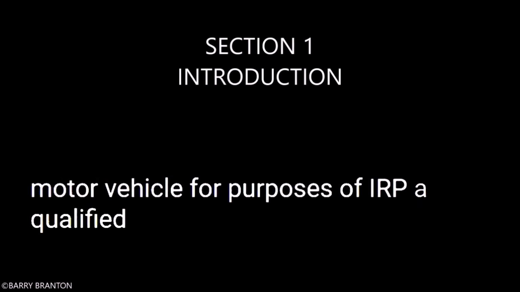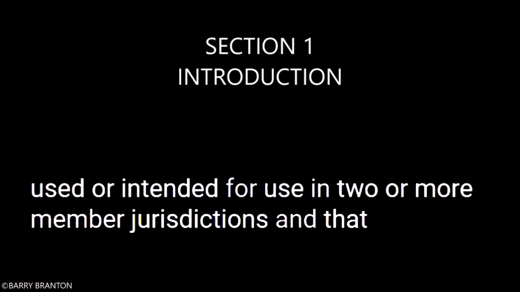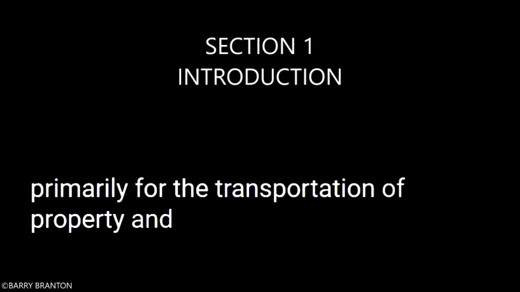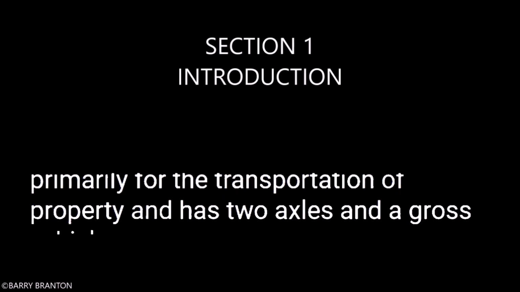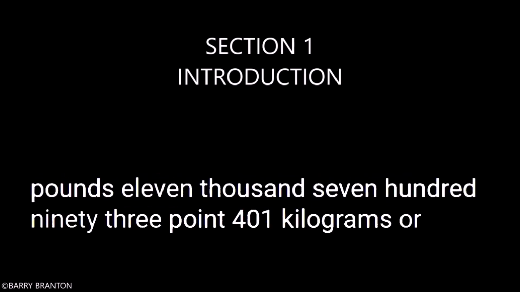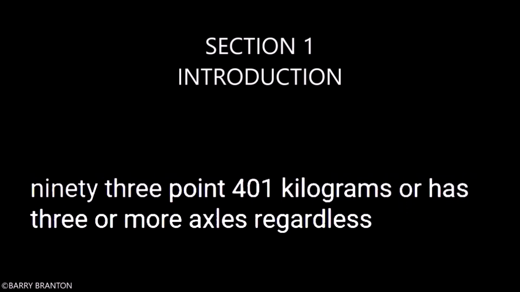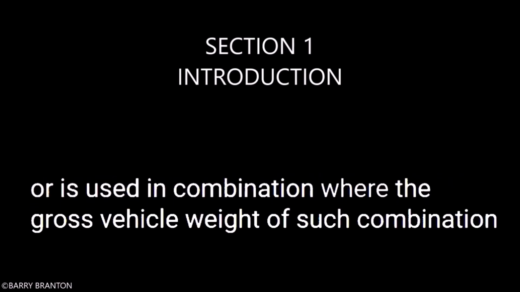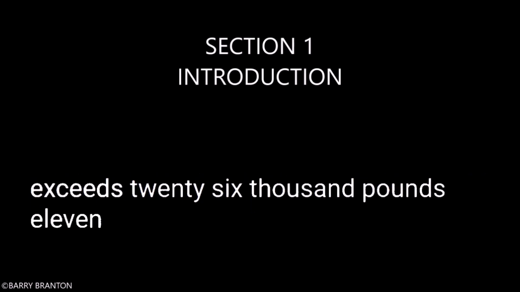For purposes of IRP, a qualified vehicle is, except as provided below, any power unit that is used or intended for use in 2 or more member jurisdictions and that is used for the transportation of persons for hire or designed, used, or maintained primarily for the transportation of property, and has 2 axles and a gross vehicle weight or registered gross vehicle weight in excess of 26,000 pounds, 11,793.401 kilograms, or has 3 or more axles regardless of weight, or is used in combination, where the gross vehicle weight of such combination exceeds 26,000 pounds,